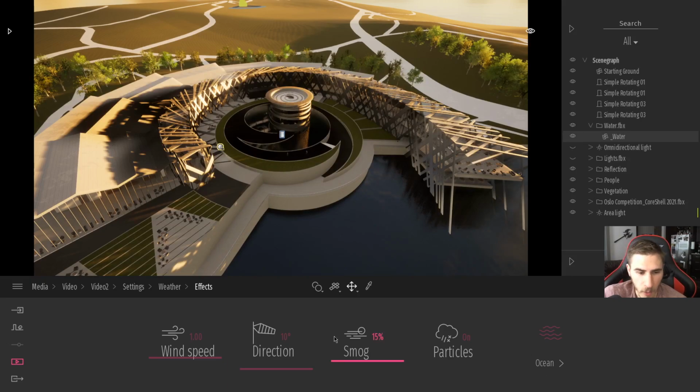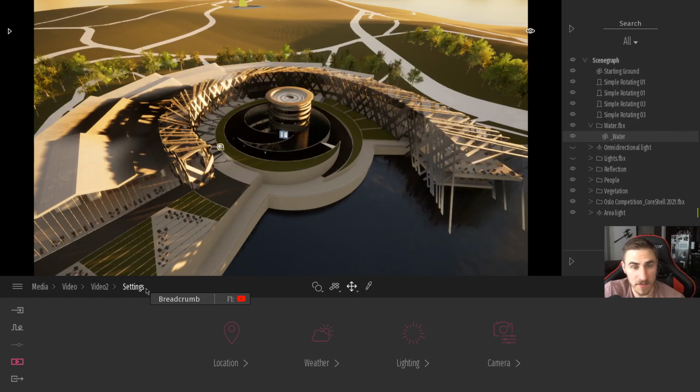Of course, I can do anything I want. This is really nice because if I come into the weather effects, you might have seen other videos that I've done or other videos on Twinmotion with wind speed and wind and all this and direction. That doesn't really come into play, at least from a formal or presentation aspect, until you are actually presenting your Twinmotion or creating an animation. And that's exactly where this is. So we can start to get lots of different wind and different settings like that if you want, because that's really what this program is great for.